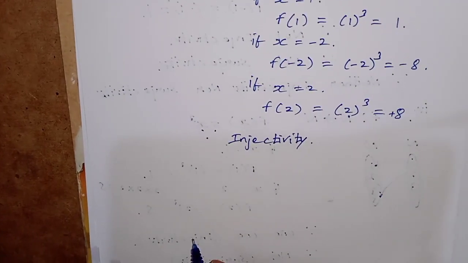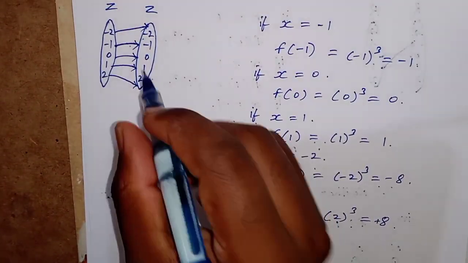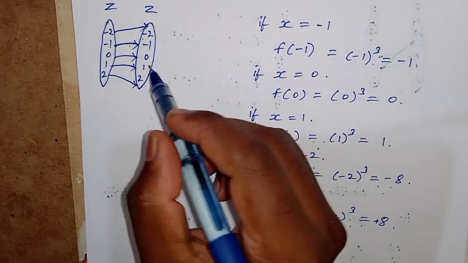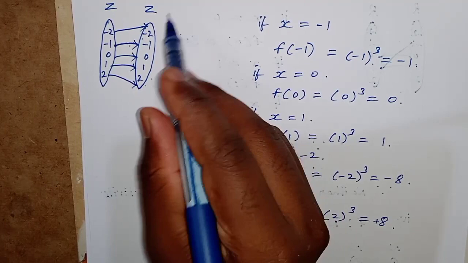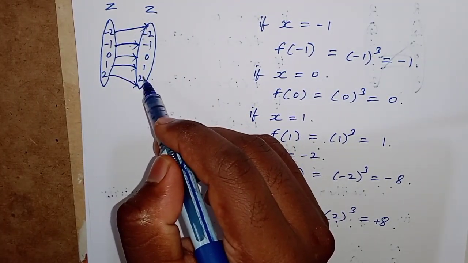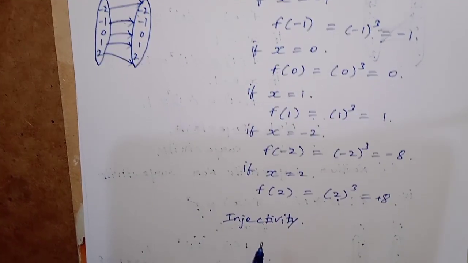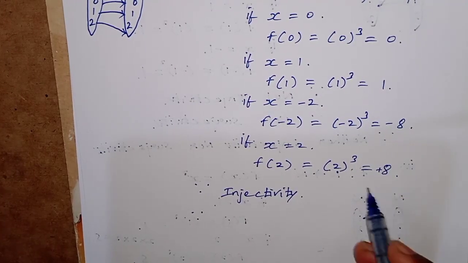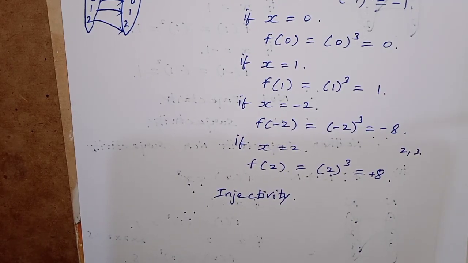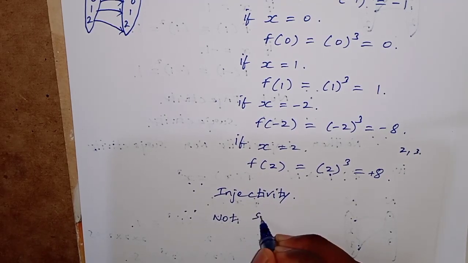Okay. Next, surjectivity. For checking surjectivity, you have to check the codomain. In the codomain, -3, -4 are not there, they do not have a pre-image. Here 3, 4, 5 do not have a pre-image, because directly -8, then plus 8. In between, 2, 3, 4 have no pre-image. Therefore, here it is not surjectivity.